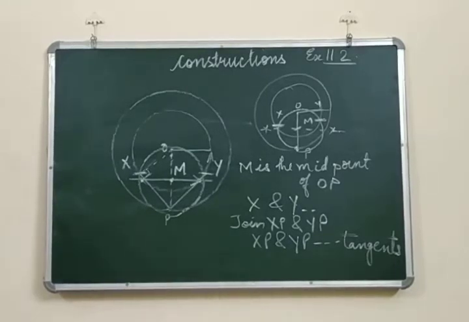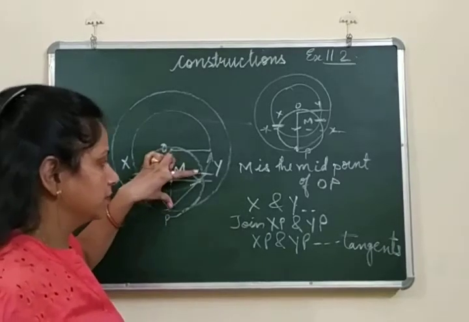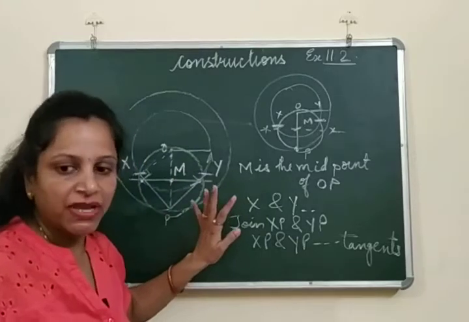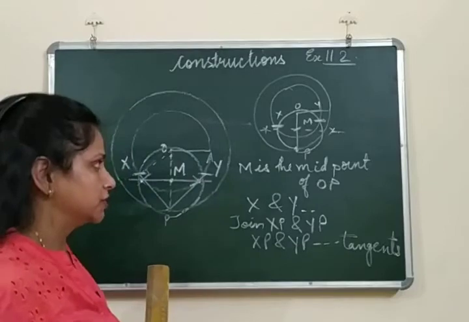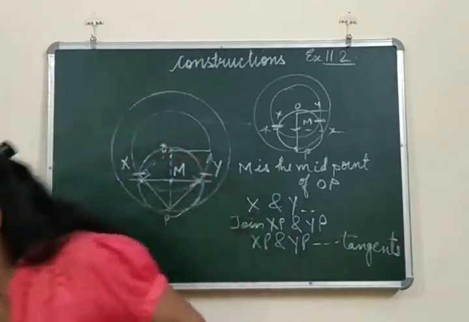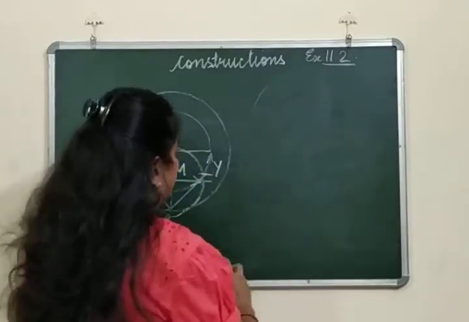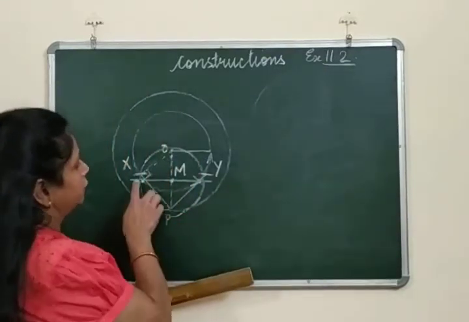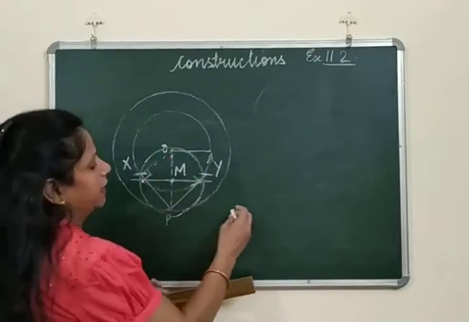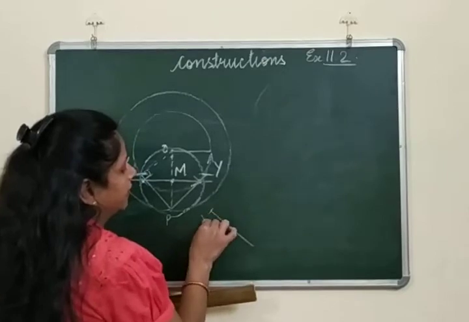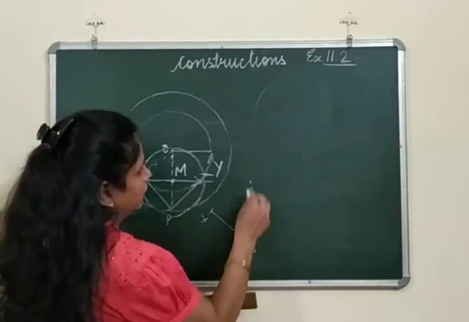And now about the length of the tangents. These 2 tangents, you can measure them and you can find the length. But in the question it is given that you have to verify the length by actual calculations. So how do we verify the length? See, how can it be done? Now if you see carefully, X, P and XY, I'll draw here separately. X, P, and this was the center O.